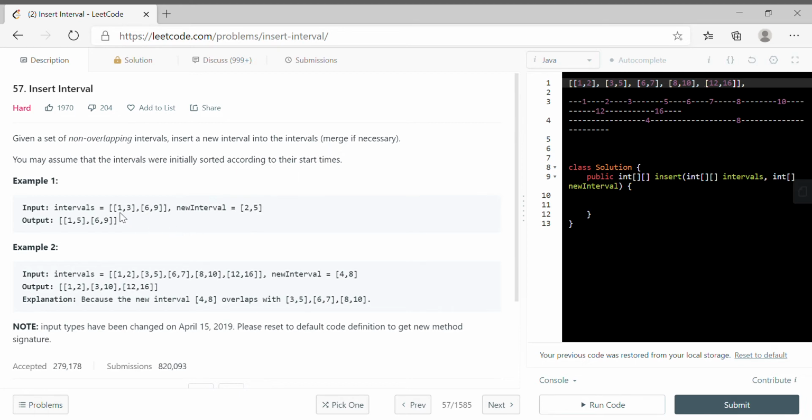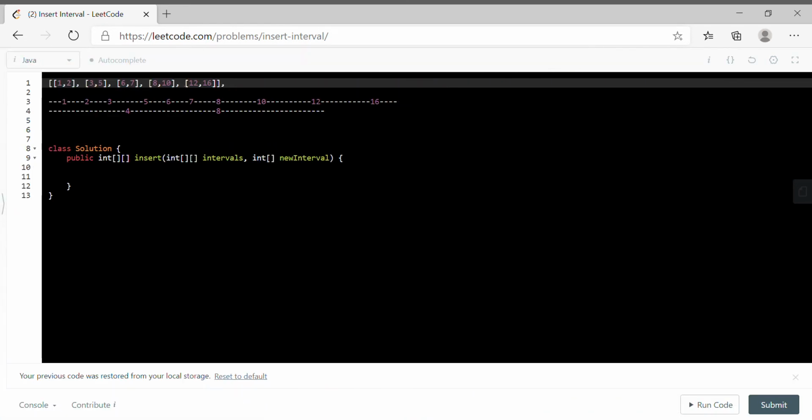Okay, so let's suppose that on an axis we have these points. From 1 to 3 means whatever point comes between 1 to 3 is included also, right? So 2 lies between 1 to 3, and 5 doesn't lie in this interval or even overlap. So we have to take 1 to 5, because 1, 2 and 3 are here, and 4 is here, and 5 is here. So one interval will become 1 to 5 and the next interval will become 6 to 9. Okay, so we'll move to one more explanation.